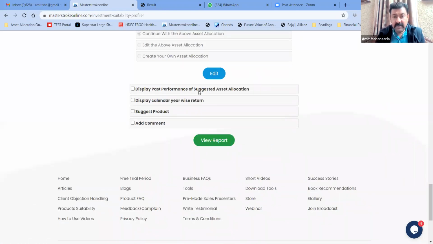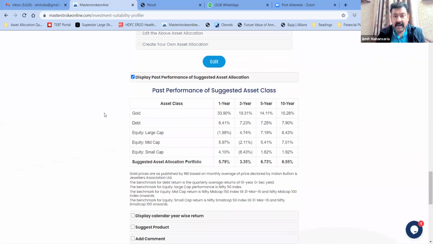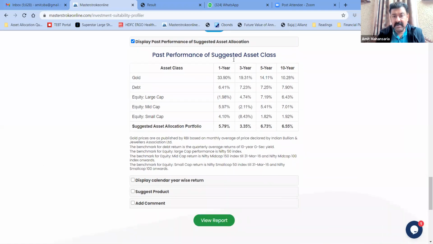So I will get these options. Display past performance of suggested asset allocation. If you check this box, then you get the past performance of the suggested asset classes. That is gold: last 1 year return is this, last 3 year return is this. Debt: last 1 year, 3 year, 5 year, 10 year return is this. Likewise, the past performance of all five asset classes will be displayed.